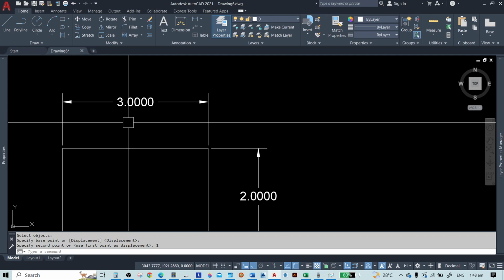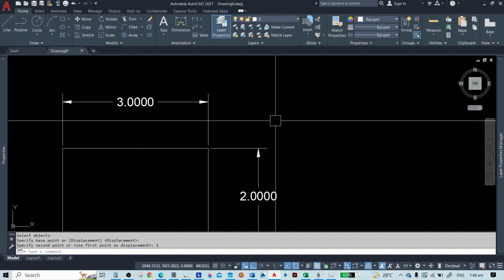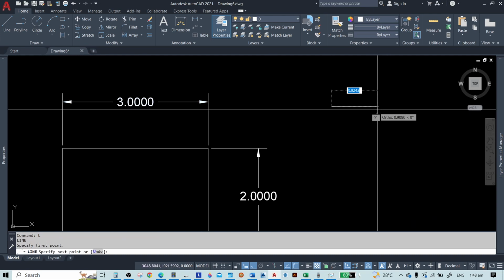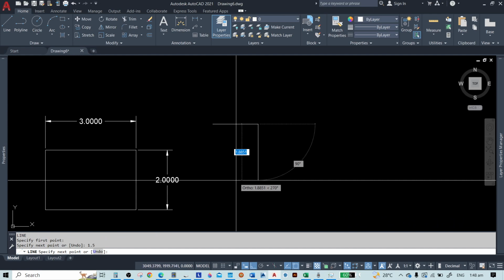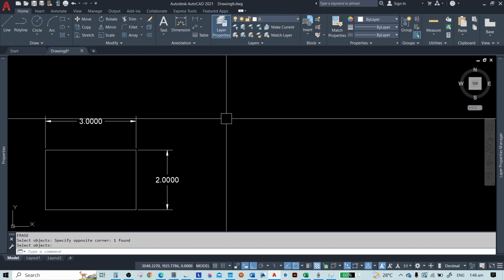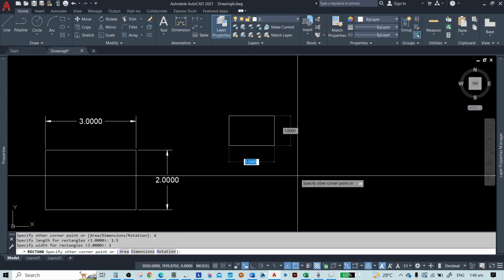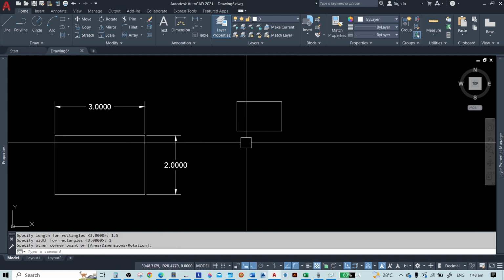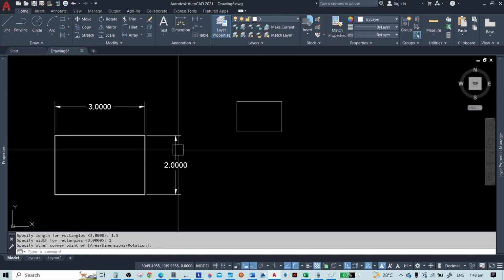Now of course this 3 will become 1.5, and that's what they will draw here in the model. So they will make a line 1.5, or make the rectangle 1.5 by 1, because this is 2. Now this is the 1:2 scale of this rectangle here.